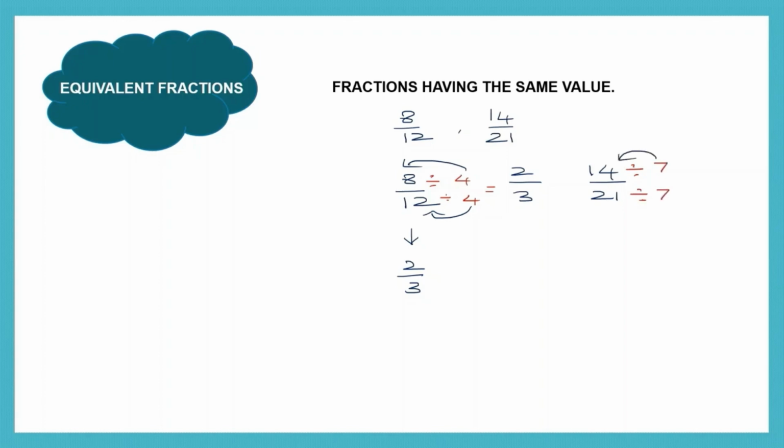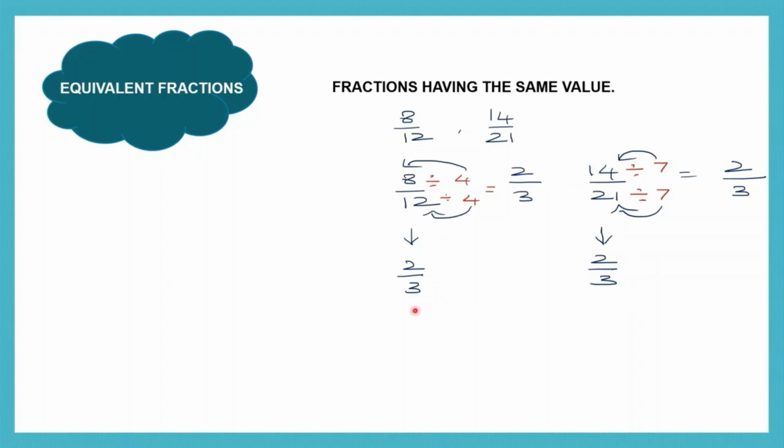7 into what is 14? 7 2s are 14 and 7 into what is 21? 7 3s are 21. So 14 by 21, when we reduced it, we got 2 by 3. Now can you see that we have 2 by 3 here and 2 by 3 here. So 8 by 12 can be reduced to 2 by 3 and 14 by 21 also is reduced to 2